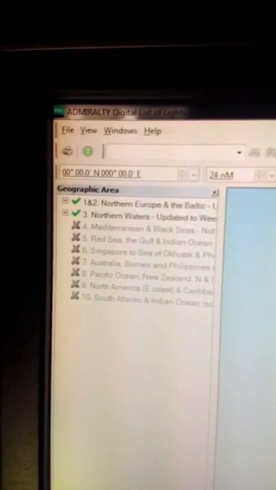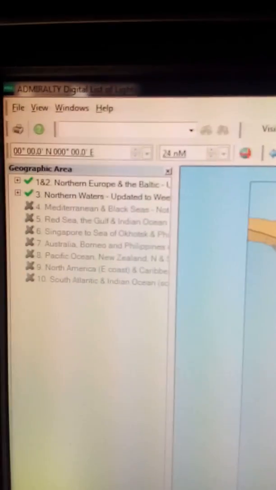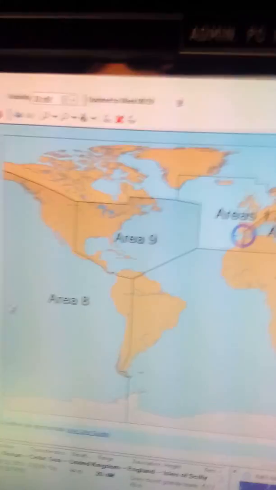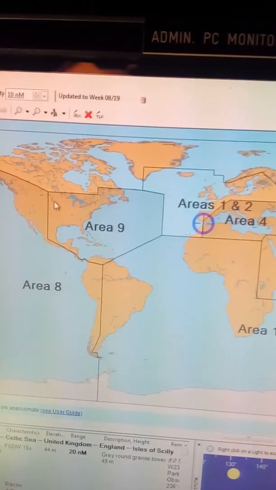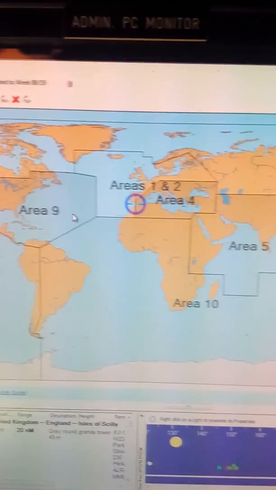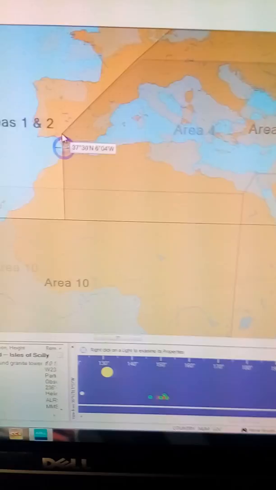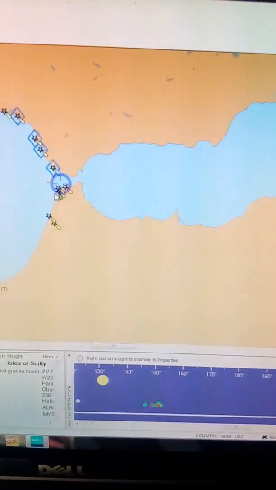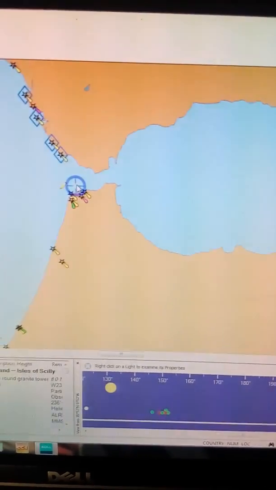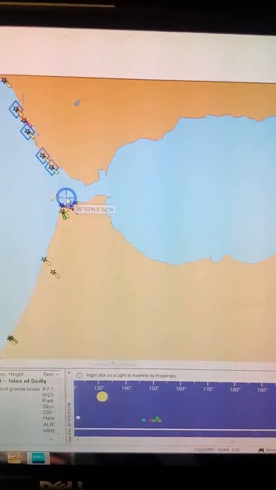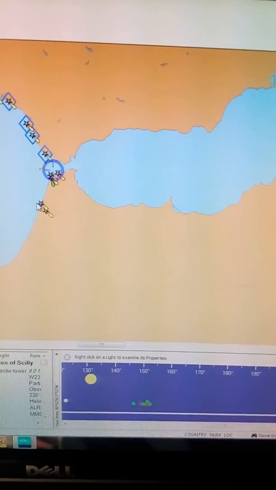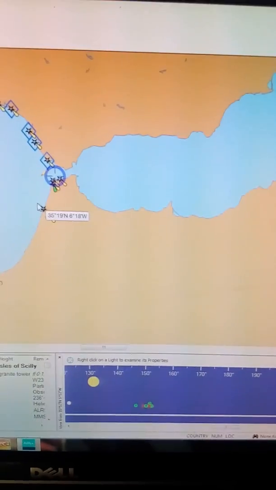So, an introduction to the Admiralty digital light list. This is used by ships, mostly commercial vessels, and its main purpose is to show lights on certain areas where you go. Yeah. And then if you click here,